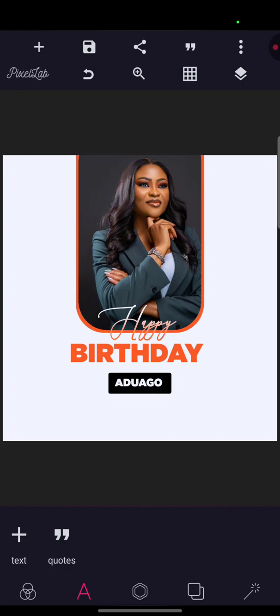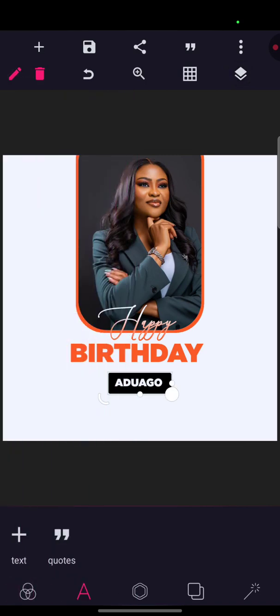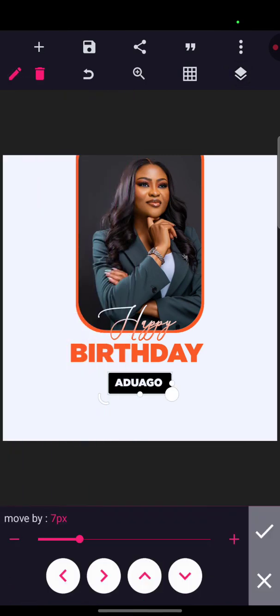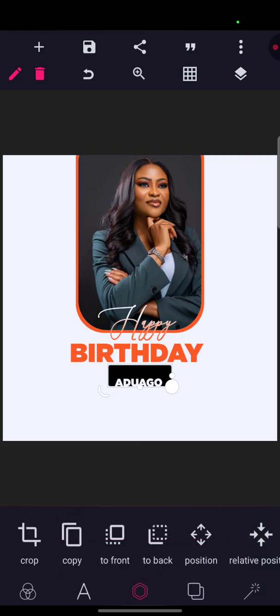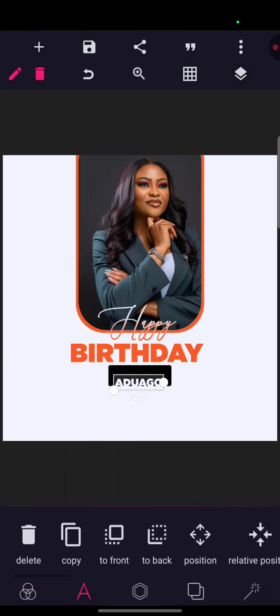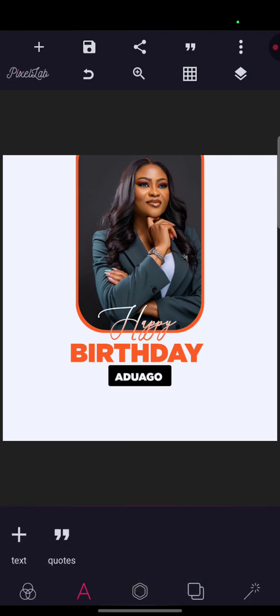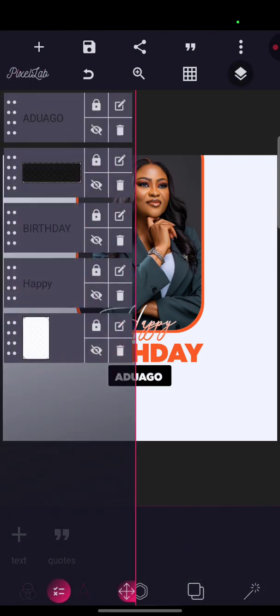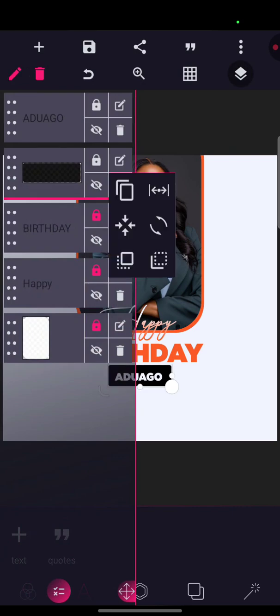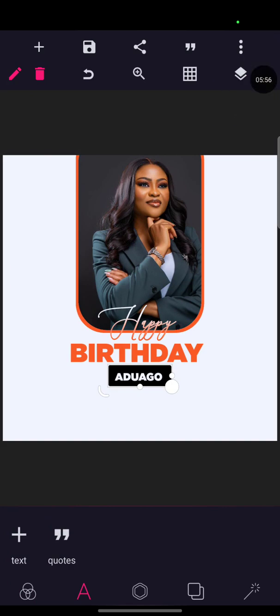So what I will do next is let me see if I can adjust this up a little, because I have text to import. Okay, cool. Then adjust the text as well. Cool, that is okay. Then you can lock it so that it won't interrupt. All right, let's lock this. So what I will do next is I will go to